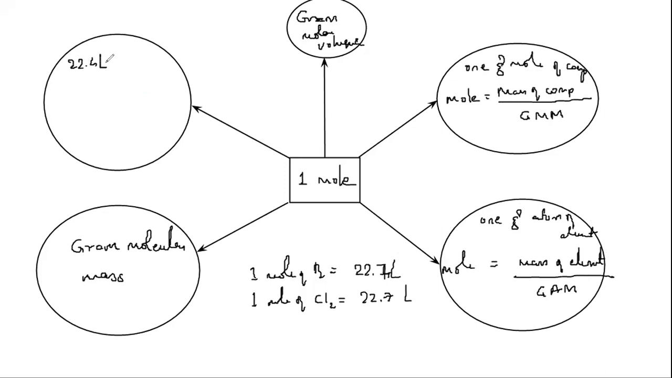22.4 liters at STP, standard temperature and pressure. Therefore, I can say 1 mole is equal to volume in liters divided by 22.4. Yes, it is also equal to Avogadro number of particles. So I can even write it as